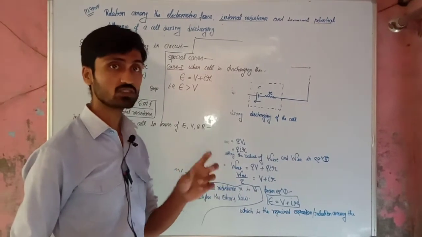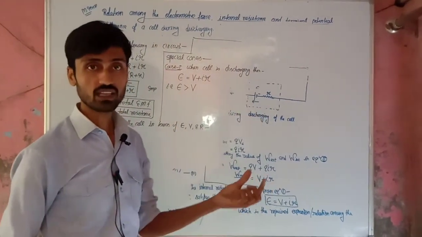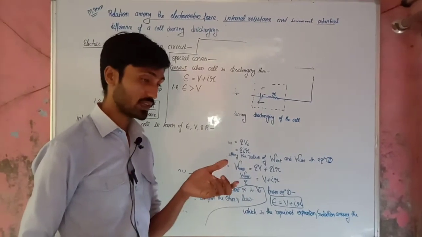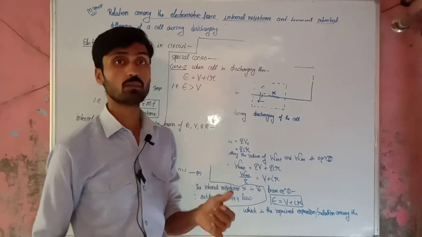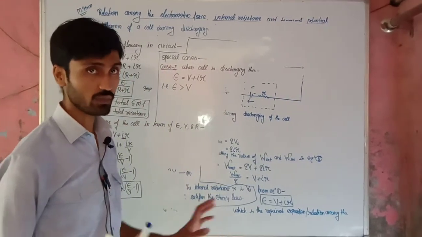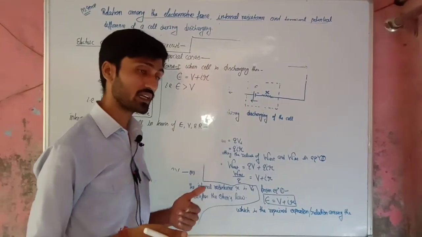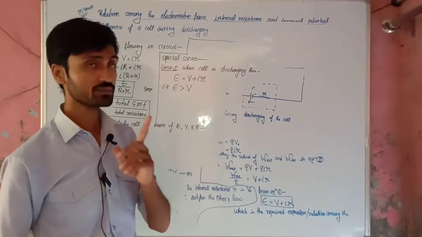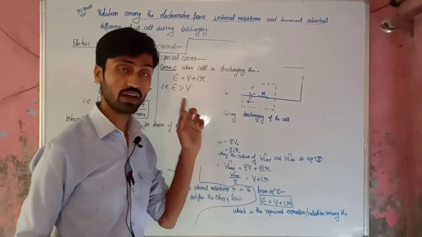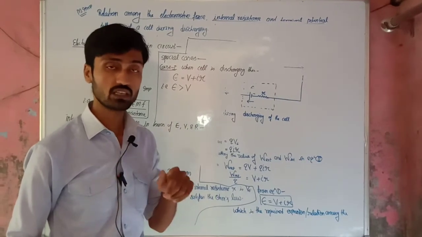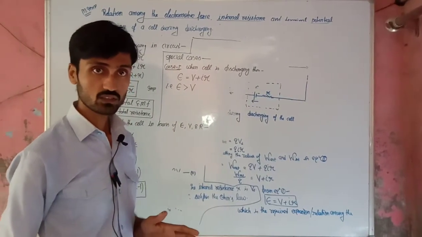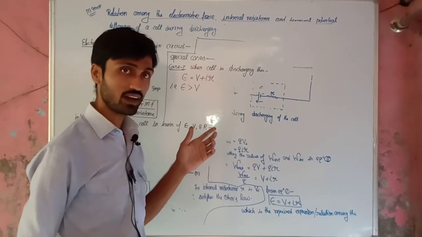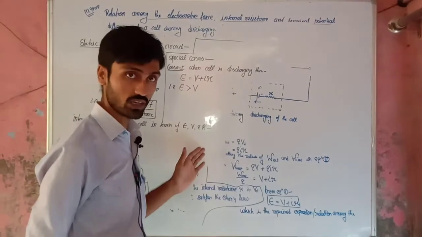If you connect the terminals of the voltmeter to the terminals of a cell, then the internal resistance will be included in this case. Then the value measured by the voltmeter will be the terminal potential difference of the cell. So remember, with the help of a voltmeter we can directly calculate only the terminal potential difference, not the electromotive force, which is a very important puzzle in physics. Okay, so we will also find the solution of this in the next cases.